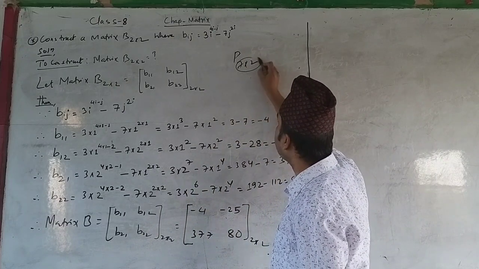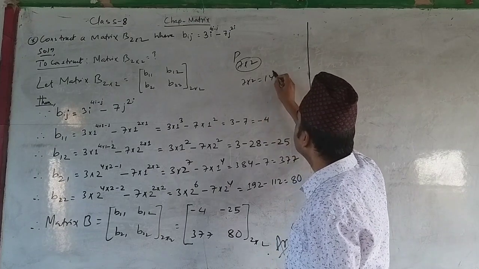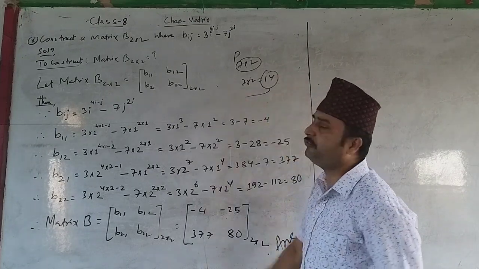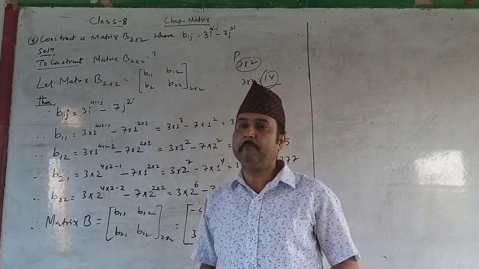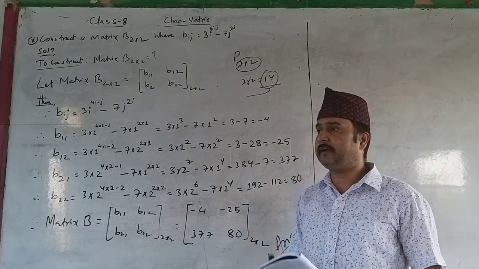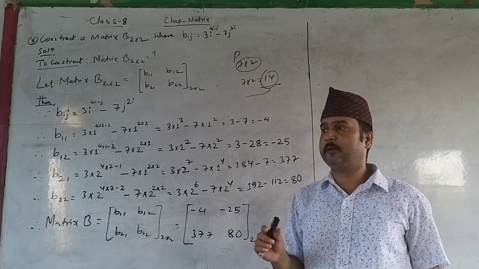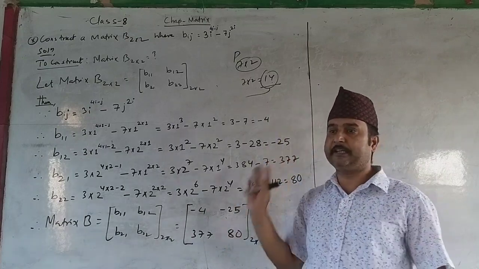So what will be the result? What is the product of 7 times 2? It's 14. So 14 elements. There is no need to count in the matrix. Directly you can say there are 14 elements in the given matrix. So the number of rows followed by the number of columns, their product will give you the number of elements present in the given matrix.